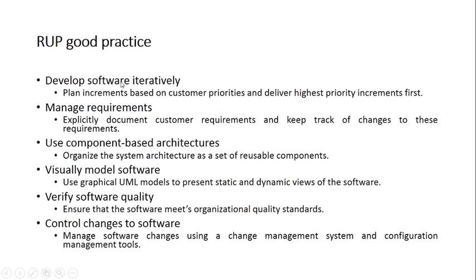So ultimately these are the 6 good practices. Always remember these. First is develop in iterations, manage the requirements since they keep on changing, use component based architecture, that is reusable components must be made, visually model your software, that means diagrammatic representations must be used, verify your quality, that means you have to verify all the quality standards are being implemented, and control changes to your software, it must be there. So all these good practices are present in this model, and it makes a good model to be used, and IBM still uses this model.